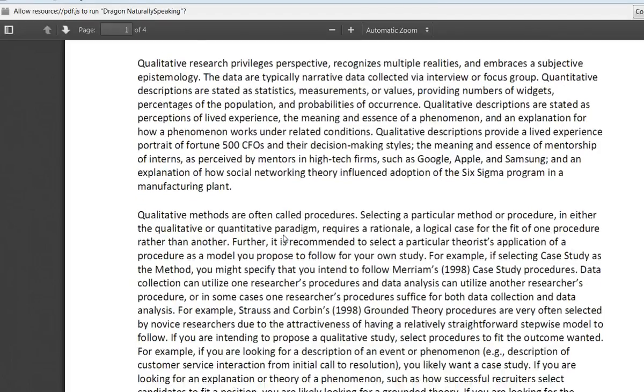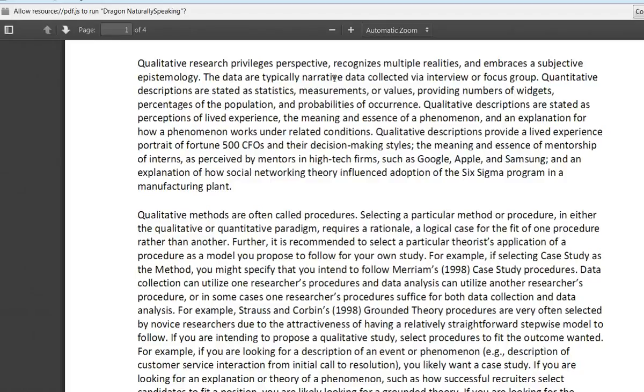So let's go forward and talk in terms of what we're doing with a case study. A case study privileges perspective. And that's true really of all qualitative studies. They not only privilege perspective and the worldview as perceived by the participants who are specifically selected because they hold a similar worldview on the phenomenon, or that they, when asked, confirm that they have experienced the phenomenon,